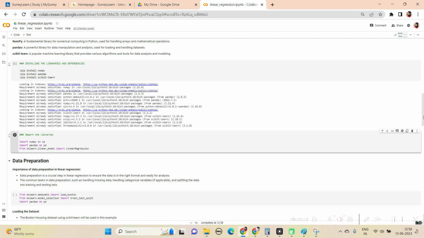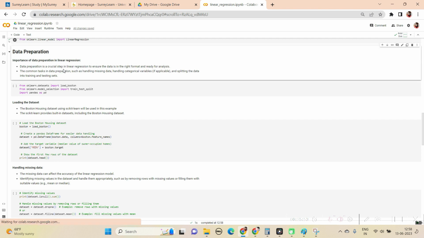Okay, next is data preparation. Apart from modeling, like importing these modules, the next step is we need some data. Without data, we can't implement all these modules. Data preparation is a very important step for linear regression, not only in linear regression, but also in other models. Data preparation will ensure that the data is in the right format and ready for usage. Common tasks in data preparation are handling missing data and